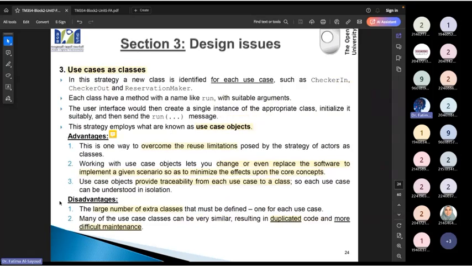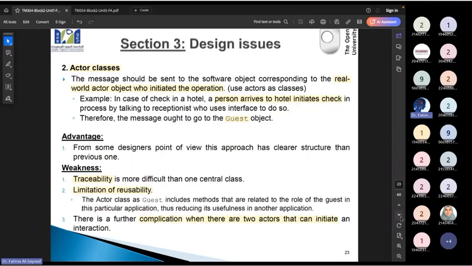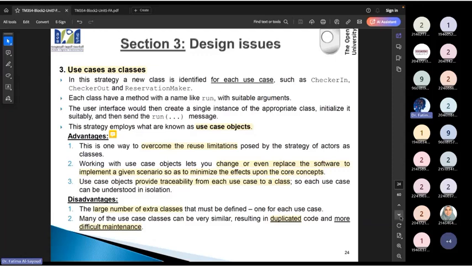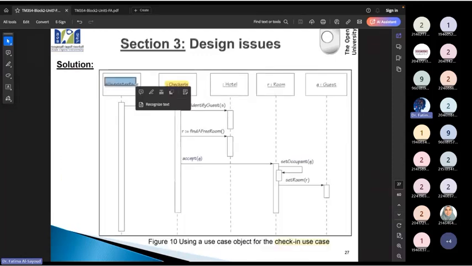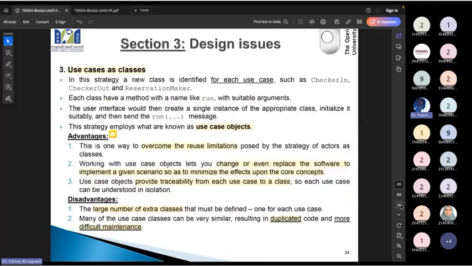The third advantage of it is that you're providing traceability from each use case to the classes. So أنا لما يكون عندي أول message, خليني أراويكم الإكزامبل اللي هنا. So it's going to be more clear than just saying it. So if I have the first message coming to a use case اللي هي check-in, which as we said is going to be run, if I'm going to change this, it's easier to know that the first message is coming as a run for this object specifically اللي هي check-in. So this is what they said here.